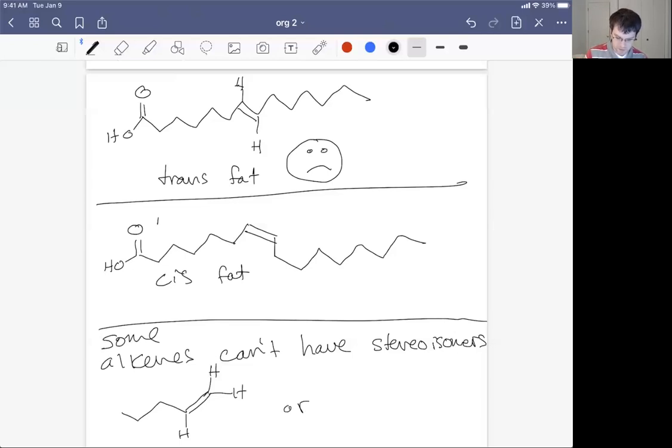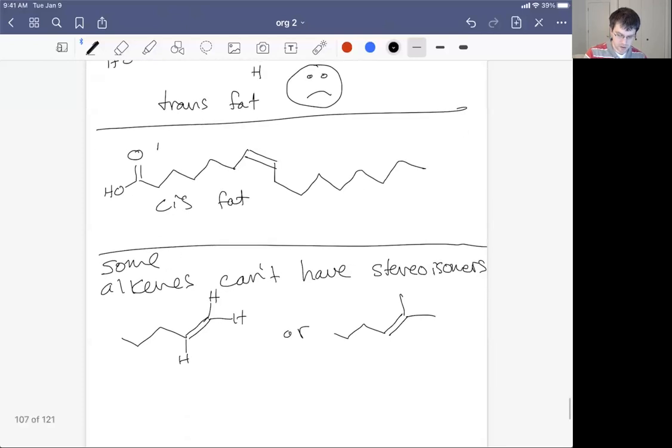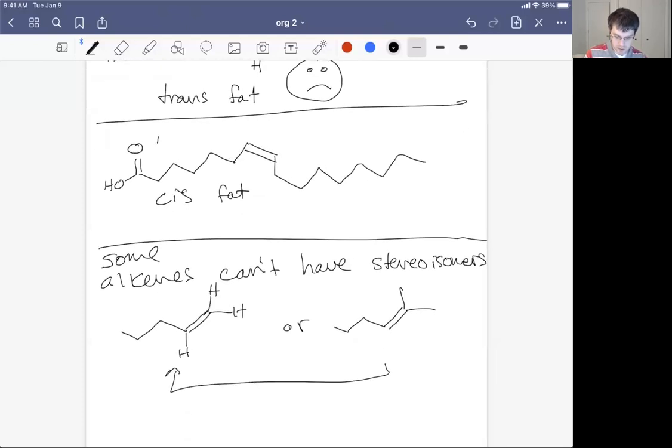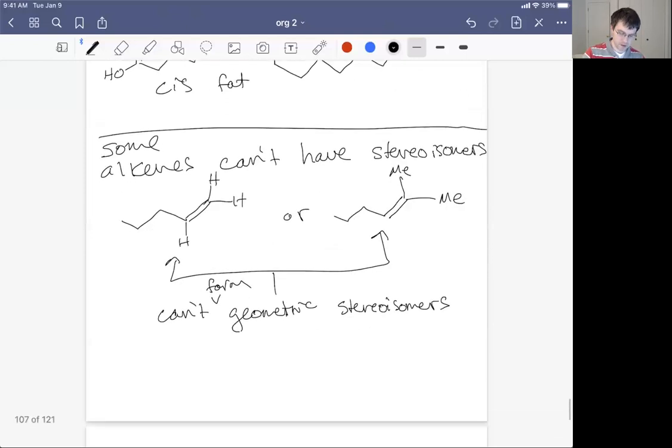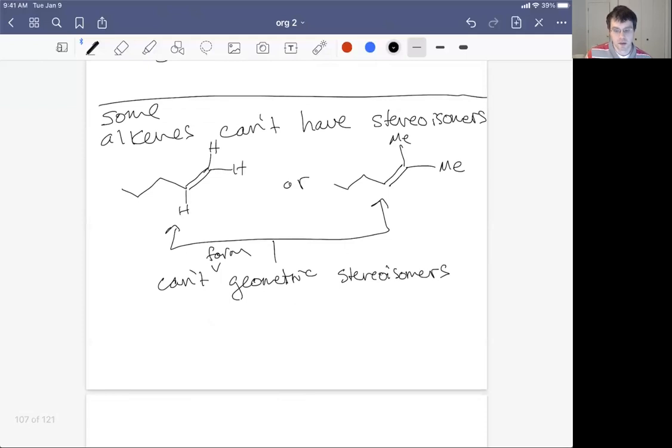Now, similarly, if I put two methyl groups, we would say neither of these, similar as before, because we have two methyl groups, two of the same thing on the right side of that carbon-carbon double bond, these can't form geometric stereoisomers. So we just don't label them with cis or trans,